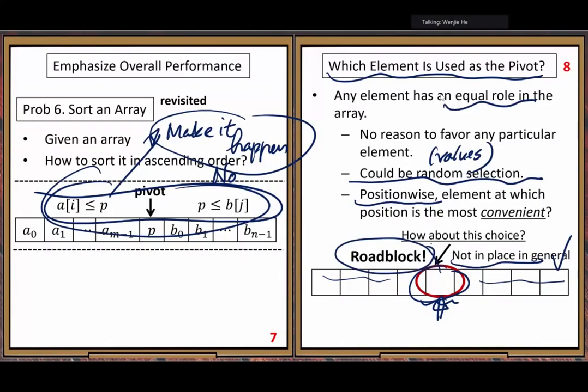When you move elements from the left side of this element to the right side, you always need to do a lot of position changing work, and you don't want to do that much work in this step.